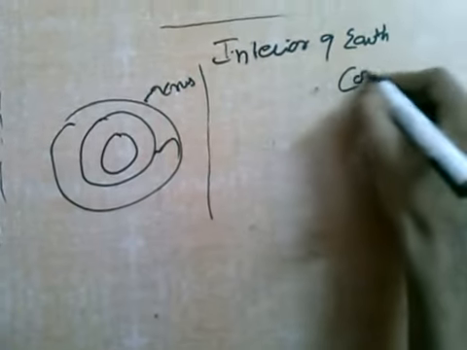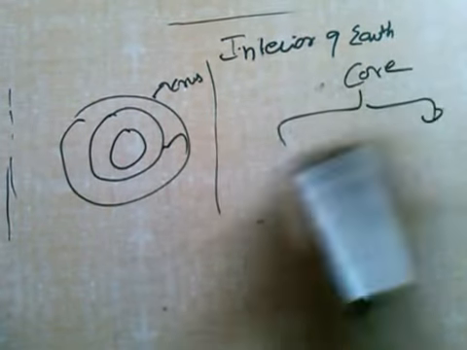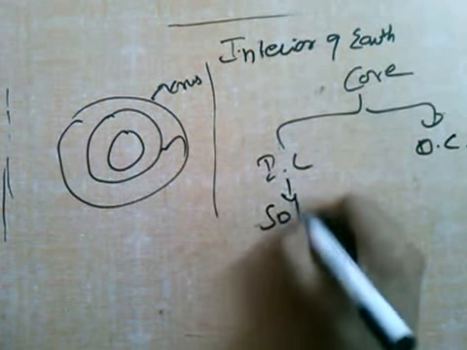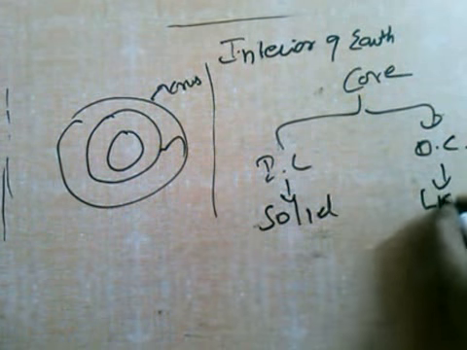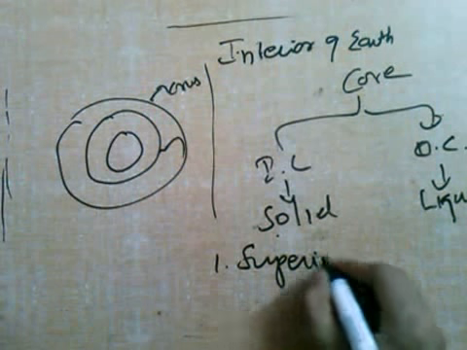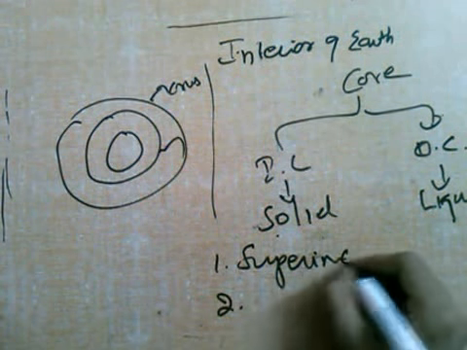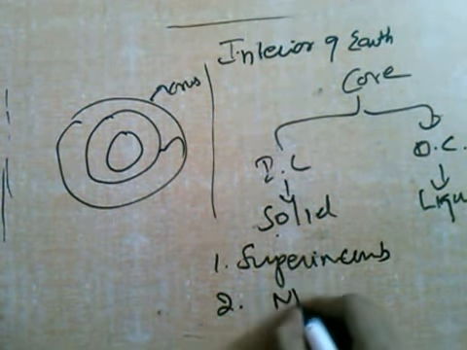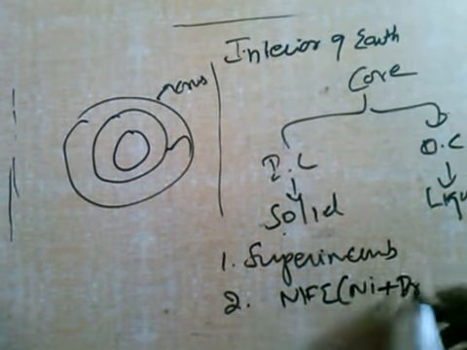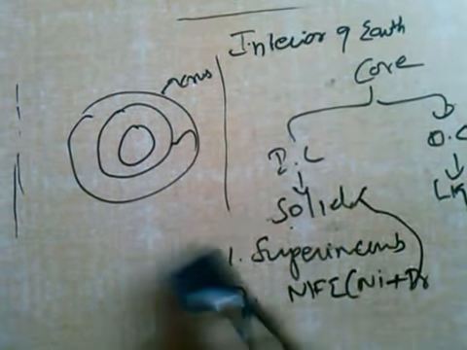And we have core. Two things: inner core, outer core. Inner core is solid, outer core is liquid. Why solid? Two things: superincumbent load, and the second thing is presence of nickel plus iron, which makes this region solid. And we have an analytical part: